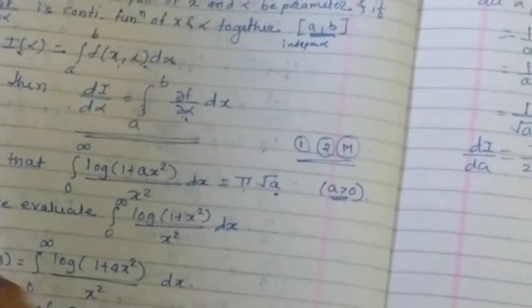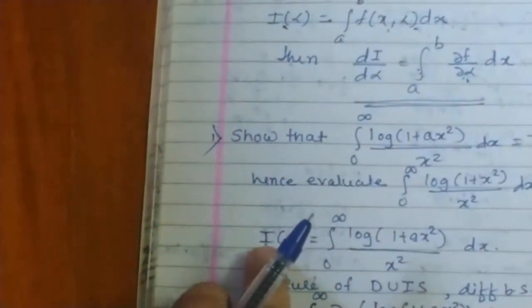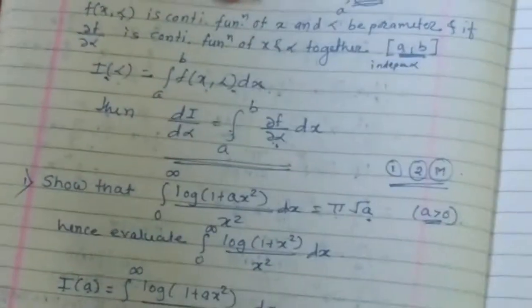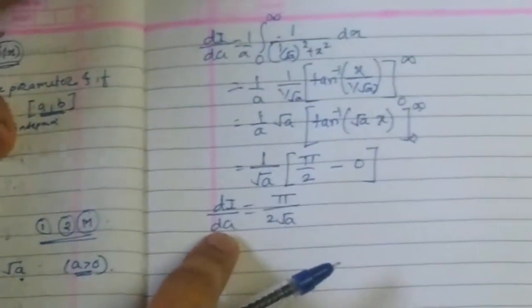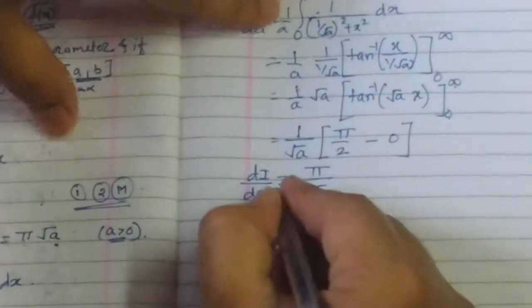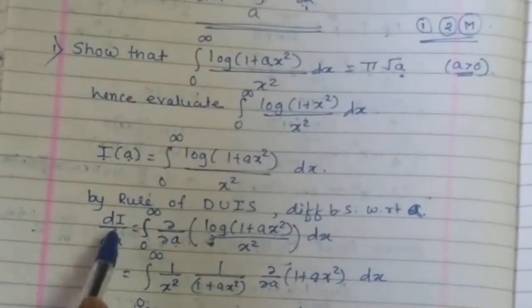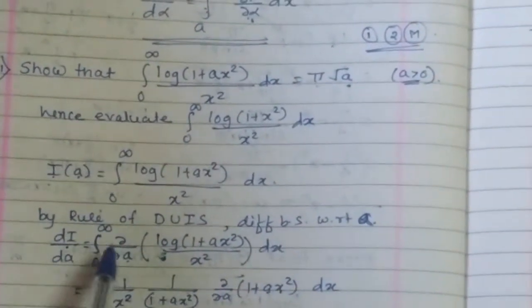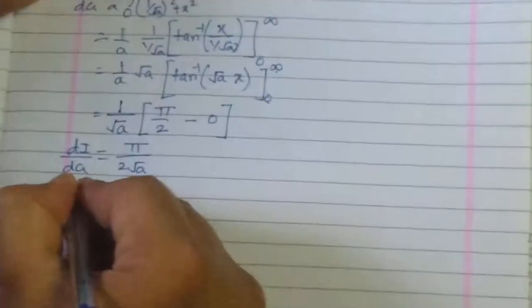It's not an answer of I. I am interested to derive the value of I here. So this is a derivative of I. So we need to integrate it with respect to a to get I, because what I have done, I have taken a differentiation here. Now to go back, I have to follow the antiderivative method, that is integration.